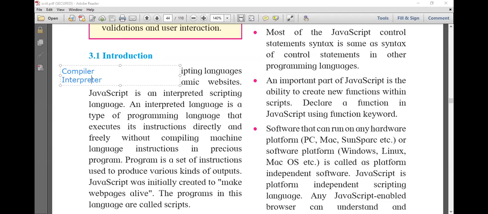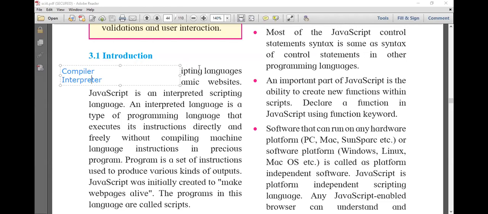There are various programming languages like C, C++, Basic, Pascal, JavaScript, Java, Python, PHP. So many scripting languages and programming languages are there.